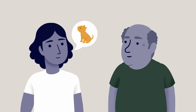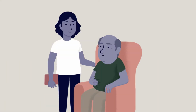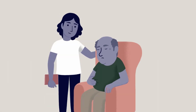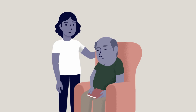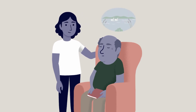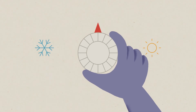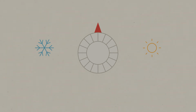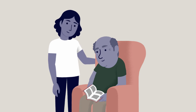Let's take a look at some of the most common types of responsive behaviors and the best ways to help manage them. Agitation is a responsive behavior that can involve fidgeting, wandering, picking at one's clothes, or general restlessness. If the person you're caring for seems agitated, try giving them something to hold, distracting them with conversation, or taking them for a walk. Ask yourself if they're tired, too hot or cold, need to use the bathroom, or if the noise and lighting levels could be making them uncomfortable. Try not to get frustrated with them or raise your voice,